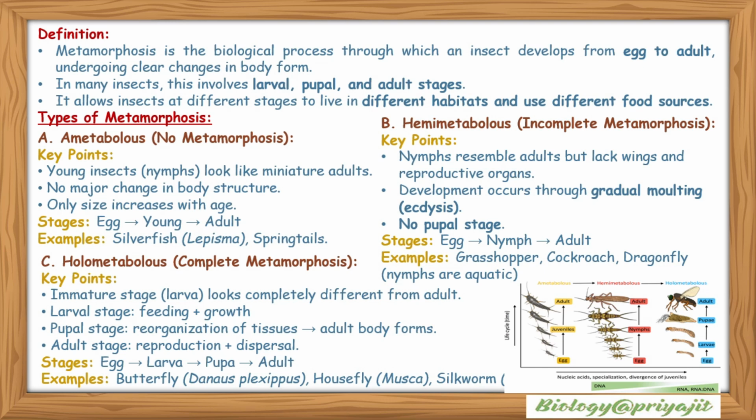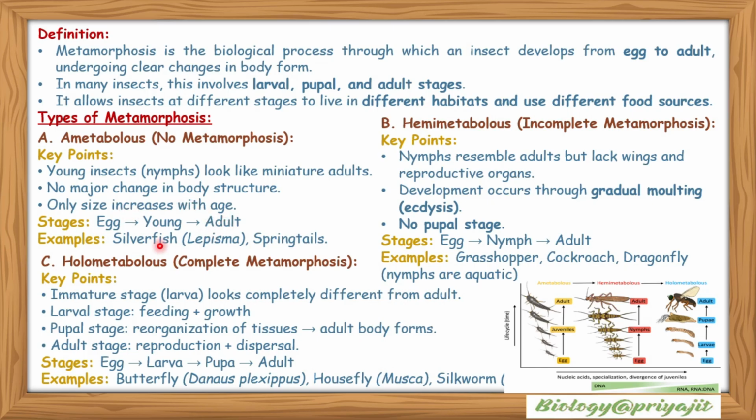Types of metamorphosis: basically there are three types of metamorphosis: ametabolous, where no metamorphosis is found; hemimetabolous; and holometabolous. So in the case of ametabolous metamorphosis, there is no metamorphosis at all. The young insects look like miniature adults here, and there are no major changes in body structure, only size increases